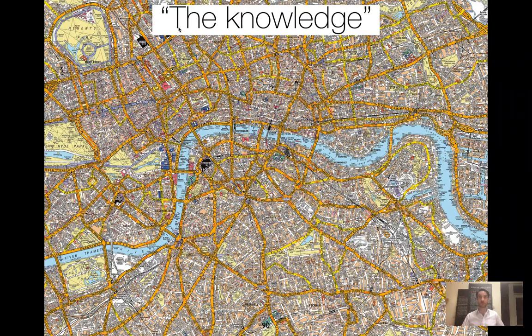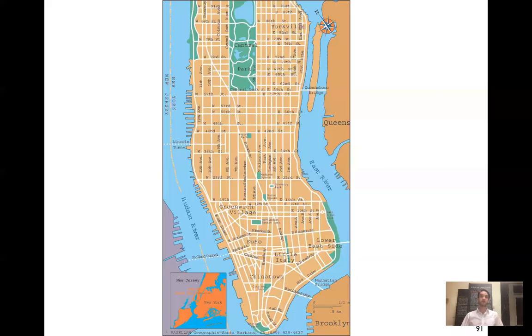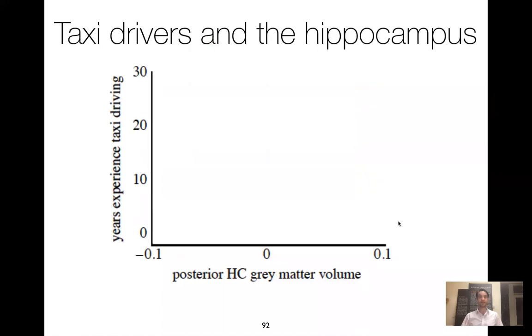It's really hard to learn it because back in the day, before we had GPS and smartphones, you couldn't just Google where you wanted to go and then follow your GPS there. If someone was like, hey, I'm at this corner, I want to go to Buckinghamshire and Southampton, you'd have to know how to traverse this entire complicated thing to get to that particular point that you were trying to get to, okay? So it turns out that if you look at the size of the hippocampus volume, so HC stands for hippocampus volume,